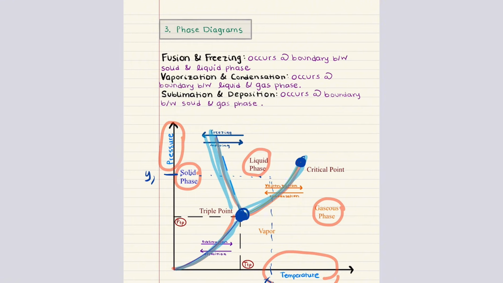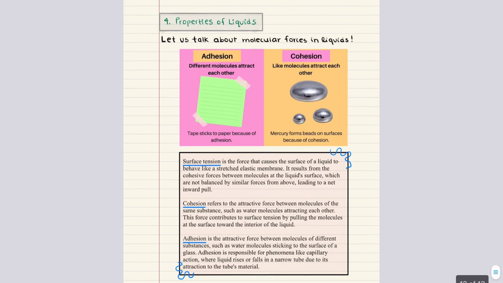A supercritical fluid is neither a liquid nor a gas, but it possesses properties that are somewhat intermediate between the two. The last point I want to make here is that it's important to remember that these phase changes are usually reversible. And with that, we can move into our last and final objective, where we're going to discuss the